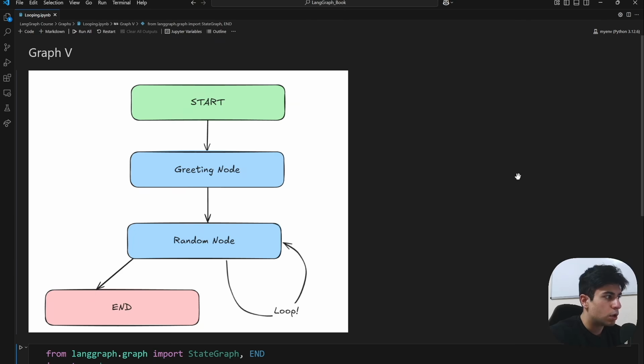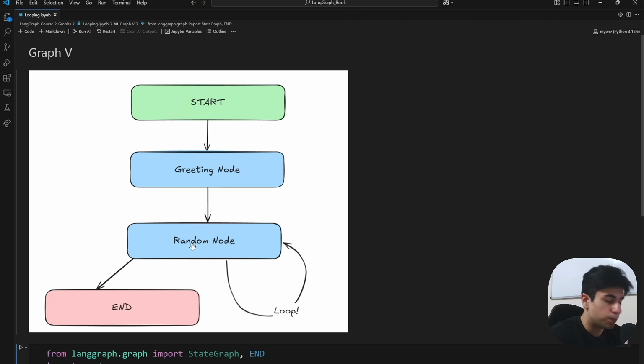All right, so this is the graph I want to build in this section. So there's obviously going to be a start and end point, and this really should be mostly familiar except for this loop. So we're going to create a simple greeting node and another node which is called the random node. So in the greeting node, I essentially want the user to have stated their name, and it should output a simple "Hi there, your name." And then the graph progresses to the random node,